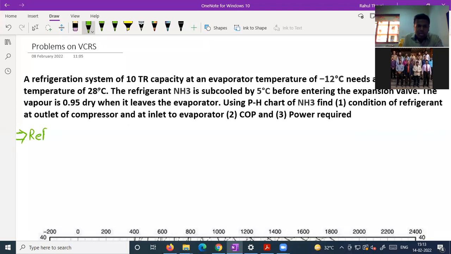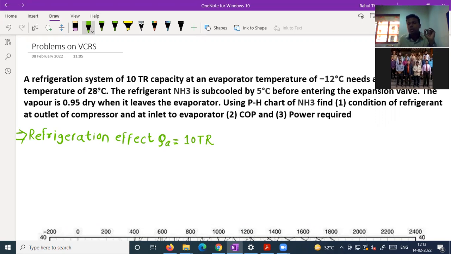We want a refrigeration effect. Refrigeration effect we want means that much amount of heat should be absorbed, that means heat should be abstracted or extracted. You call it heat absorbed, extracted, or abstracted; it has one and the same meaning. So we want a refrigeration effect of 10 TR. Try to understand, 10 TR refrigeration we want.